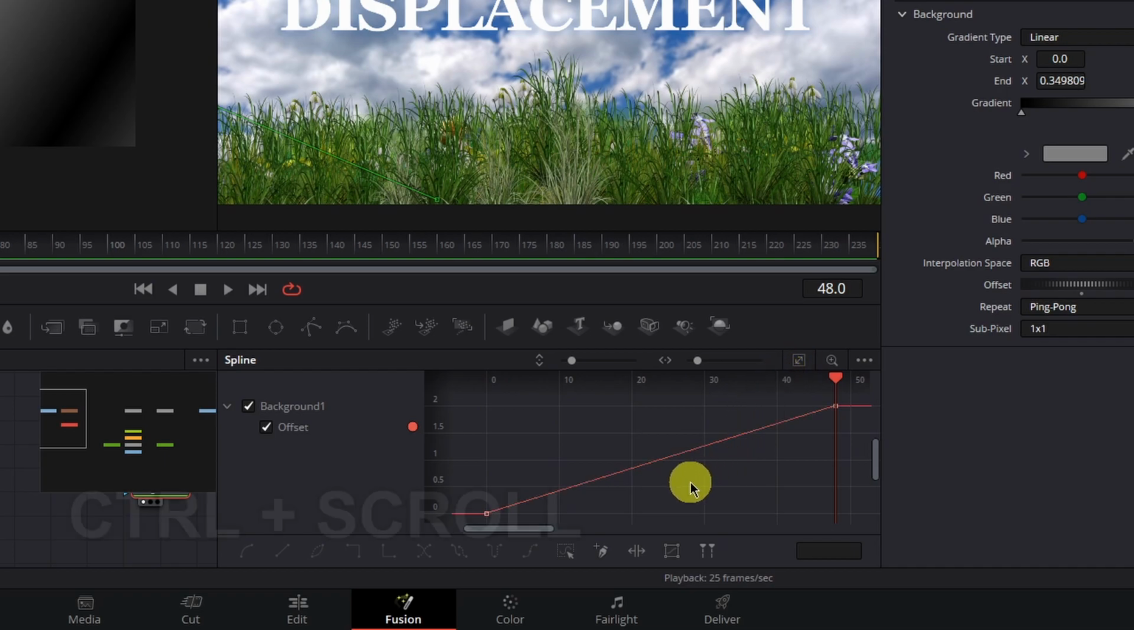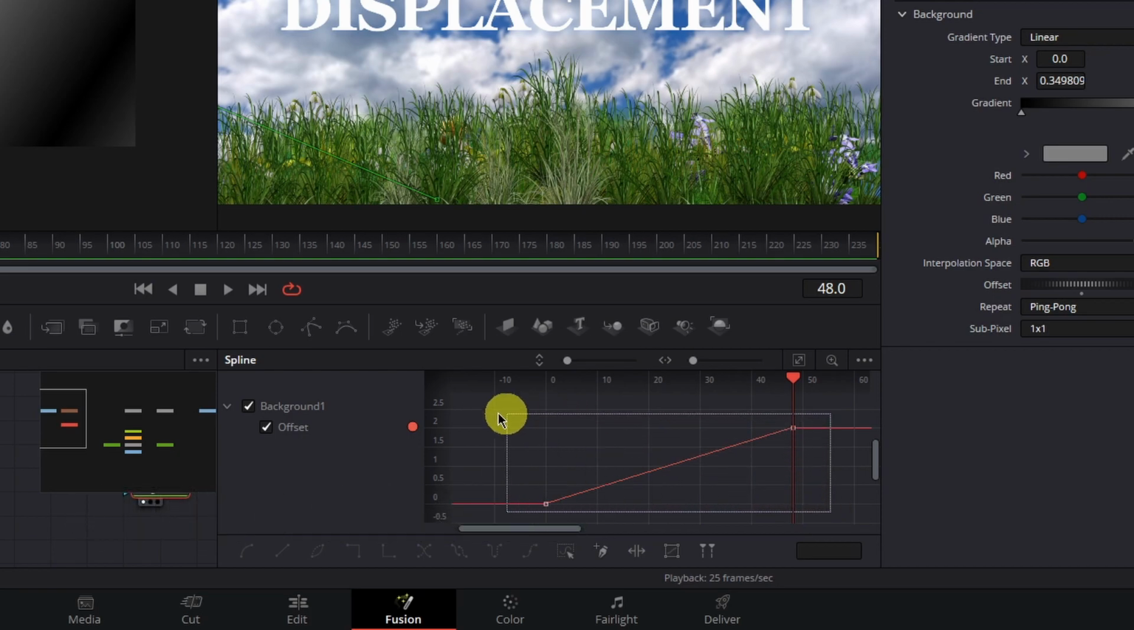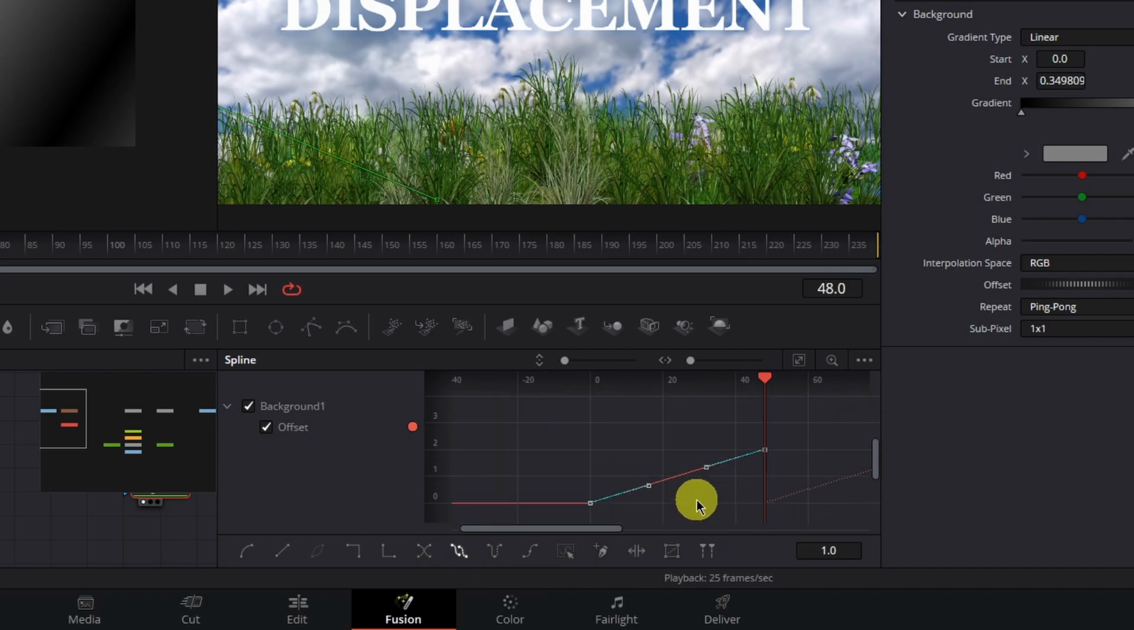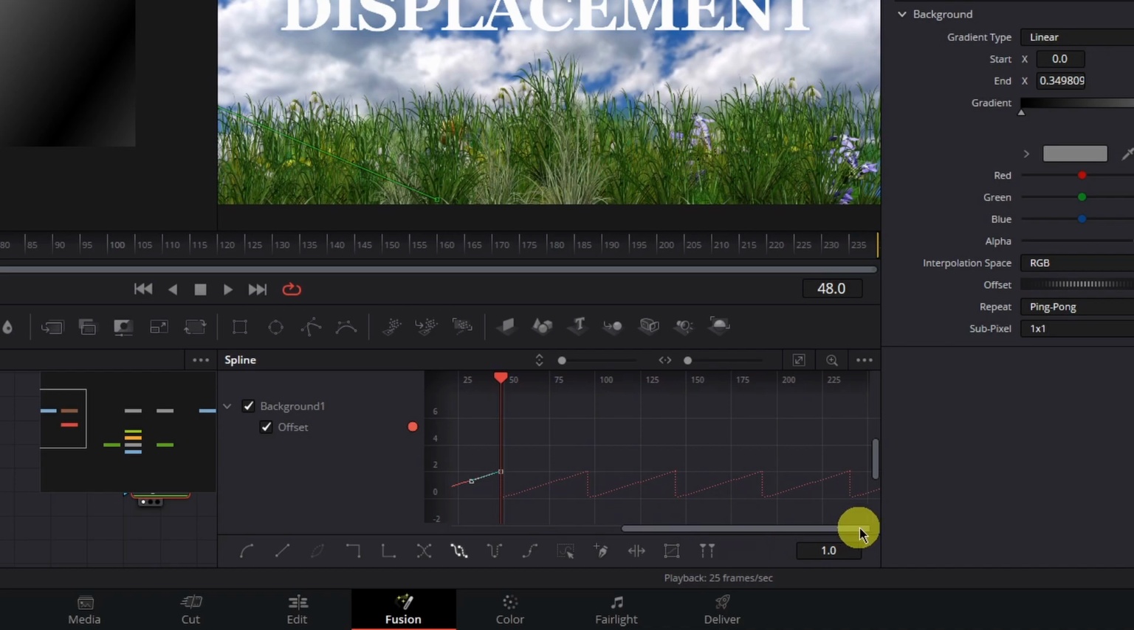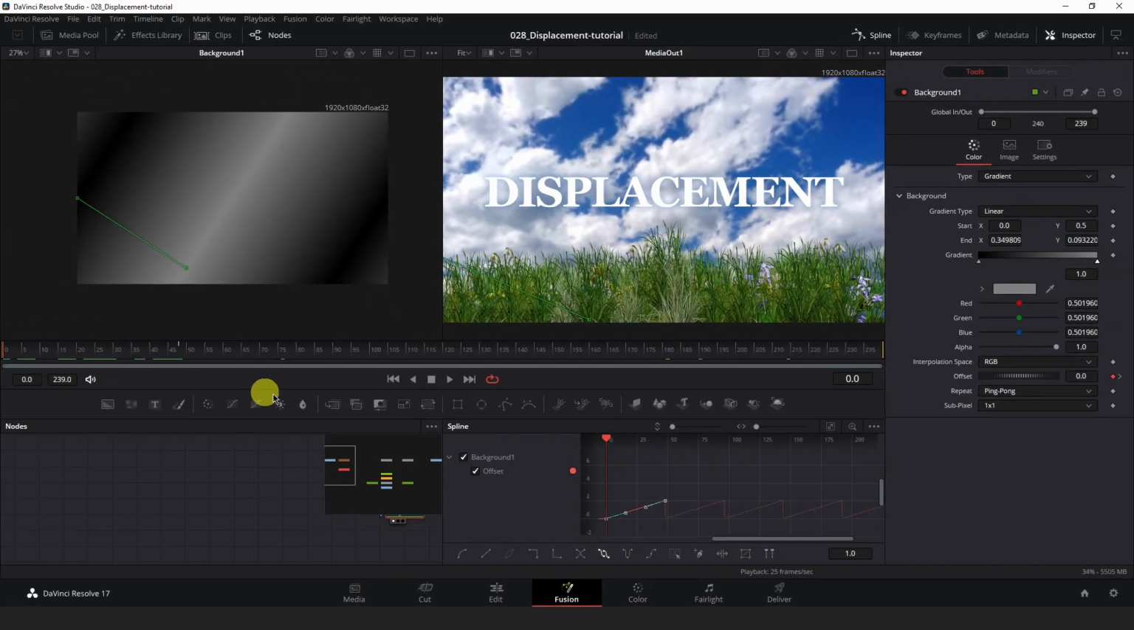And I will hold Control and use my scroll wheel to go out a bit, and box select, hold left click and box select these 2 keyframes here, and hit the set loop option here. And what this will do is loop those 2 keyframes infinitely over the entire course of the composition. And so if I play this back,